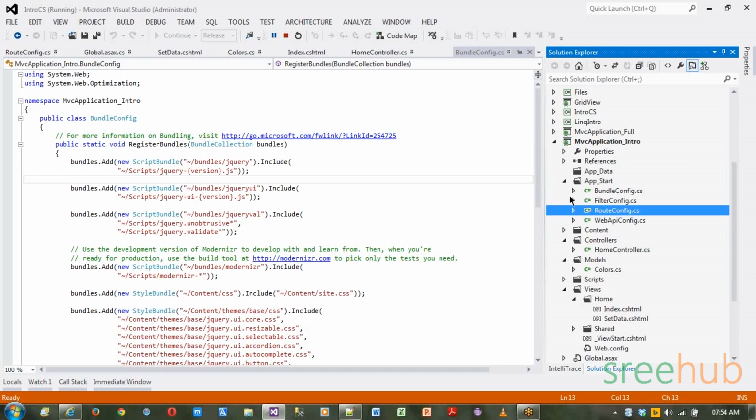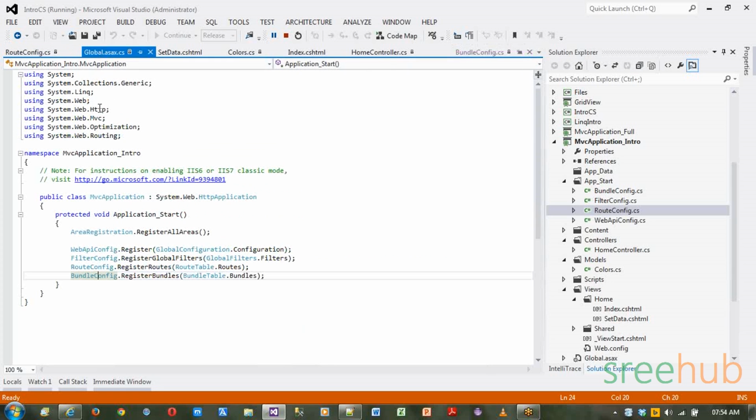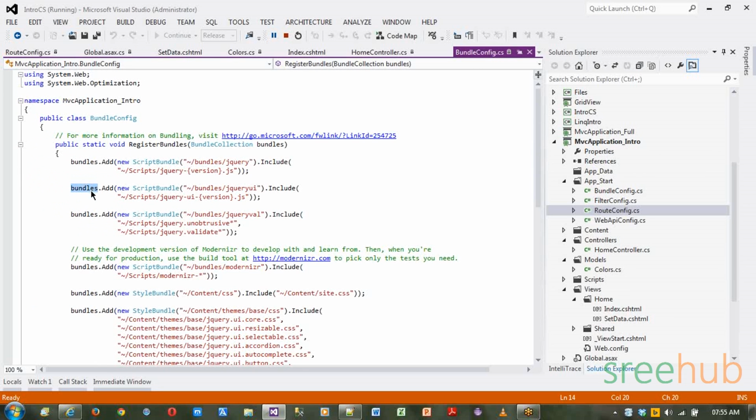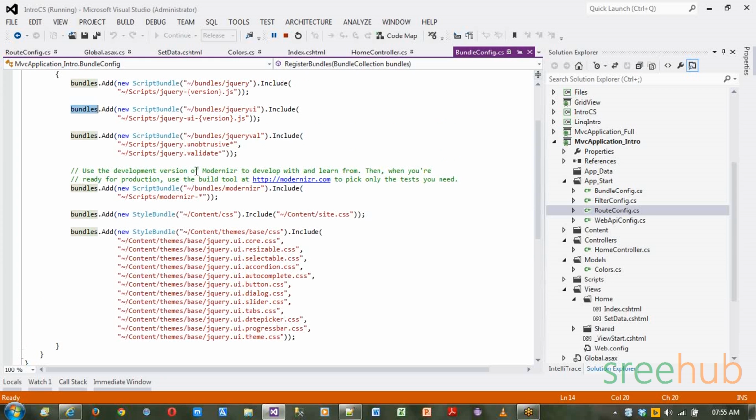But here in MVC, you can also do that individually in your view. But normally what we do is we bundle all the configs, which means you can see there is an option called bundle collection. This bundle collection and something called dot bundles is where, if you add all the registries, these styles will be used, this JavaScript will be used, and everything will be added to a bundle. And whenever you are actually using any scripting, let's say we are using some jQuery version